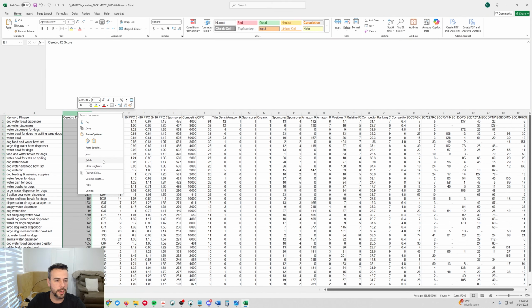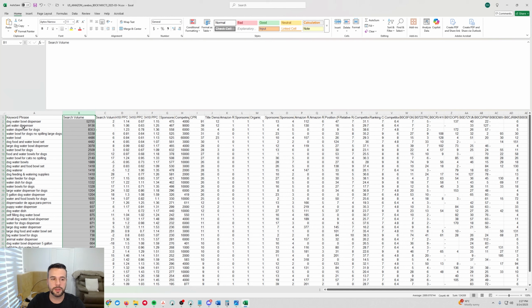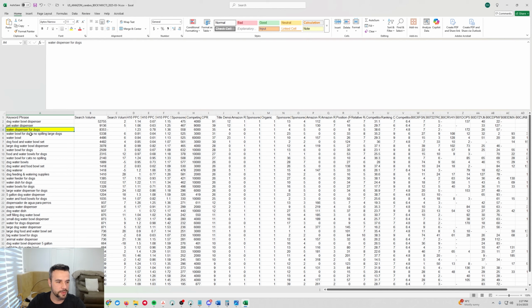So you're going to get stuck very quickly with a word such as water. So you need to choose wisely. So in this example, I would probably choose water dispenser for dogs. I'm going to highlight that yellow. The only reason being is a pet water dispenser is more broad. I said at the beginning, mine is for dogs, okay? Looks like I have one more word to choose with water, which is crazy. Now that we only are able to use one word